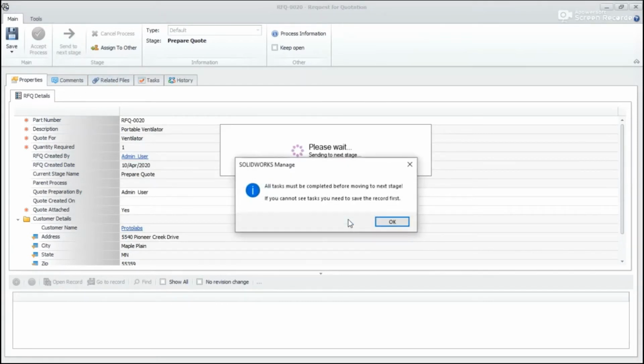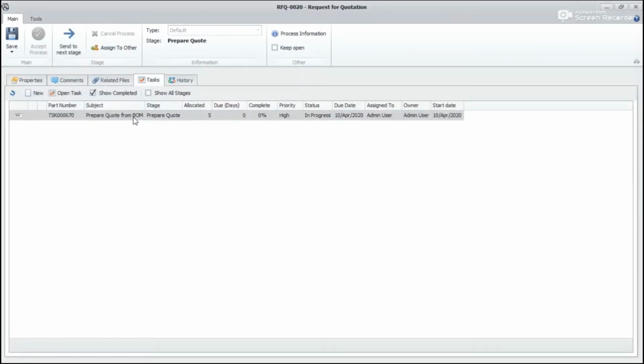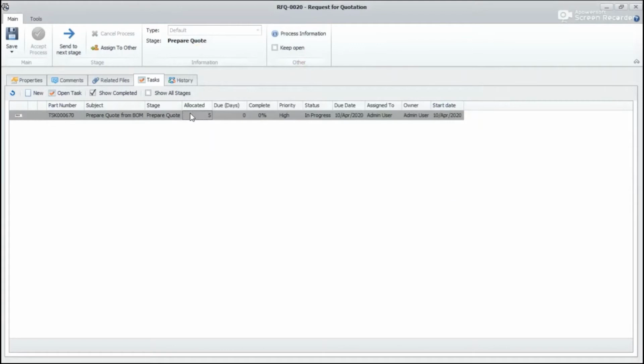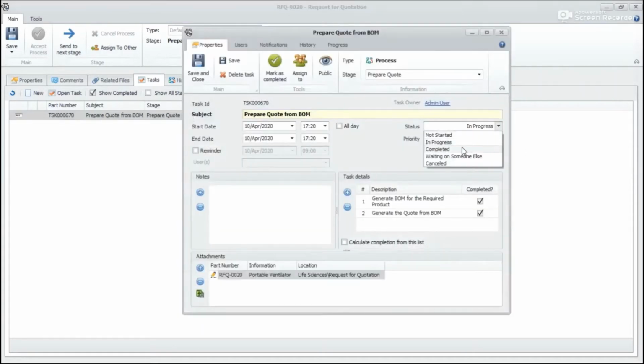Now he will click on yes and he will be prompted with the message. We hope you are aware that there was a task which was assigned to the code approver, and he will now set it as completed and check the task details. So once this is done, he will click on save and close.